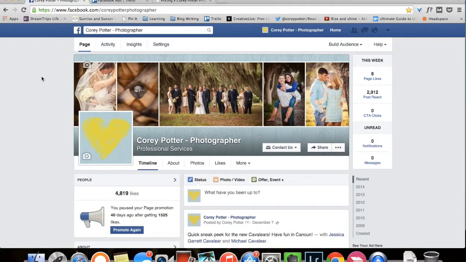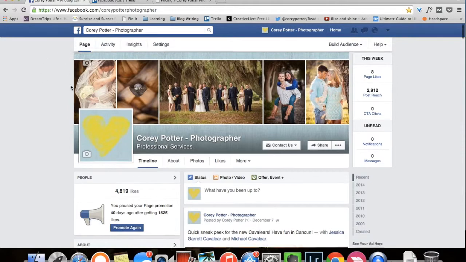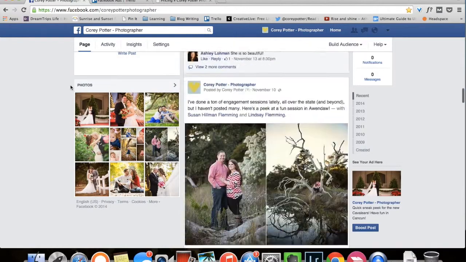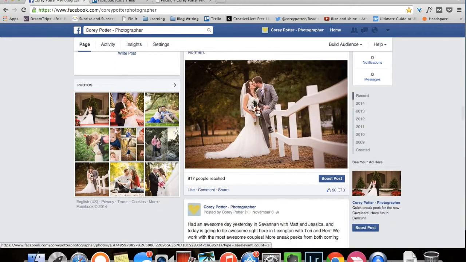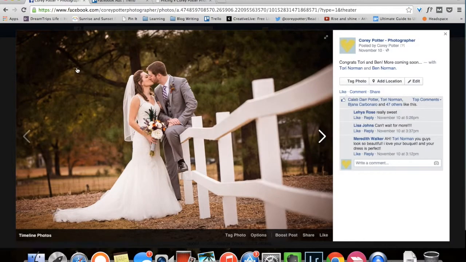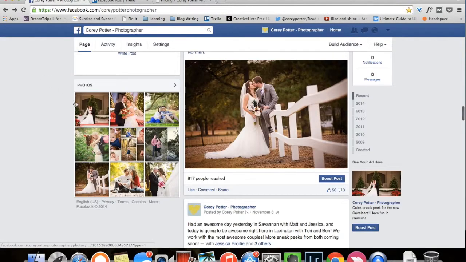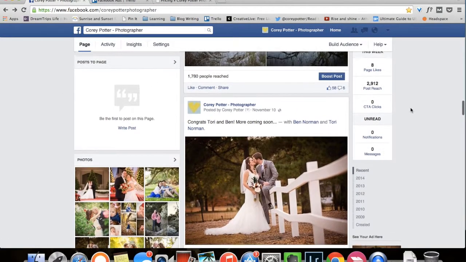And interaction doesn't have to be a like, a share, or a comment. It could be as simple as slowing down on their news feed. So if you're scrolling through your news feed like this and you see a picture and you stop on it like this, Facebook knows. Facebook tracks you way more than you think, and it knows exactly how you act on Facebook. So if you stop on it, mouse over it, all these types of things, Facebook knows that you're interested in it. If you click it, even just maximizing the picture to see it, will definitely make it more likely for them to give you another chance